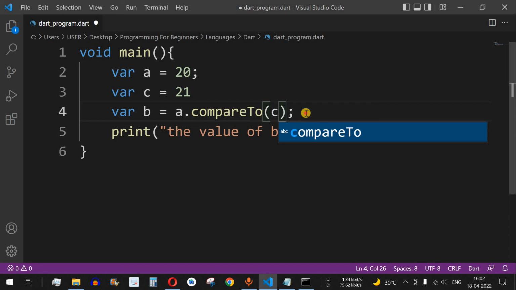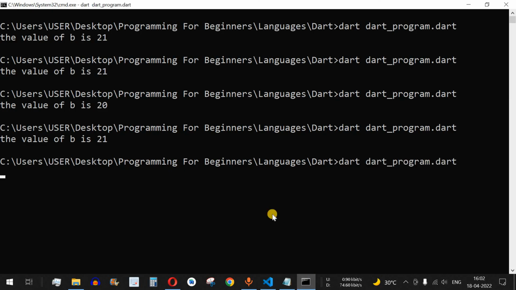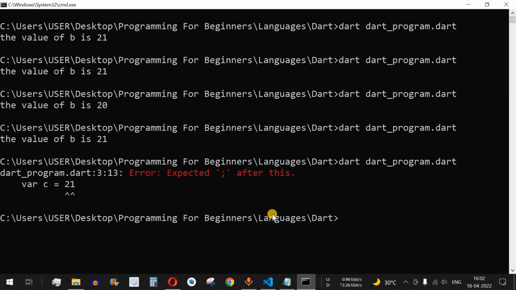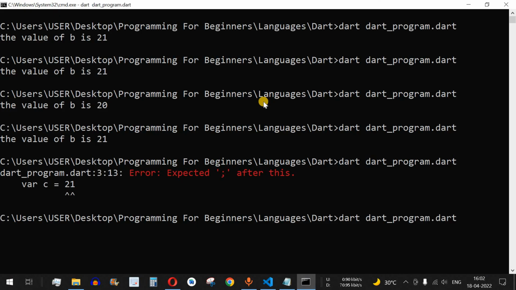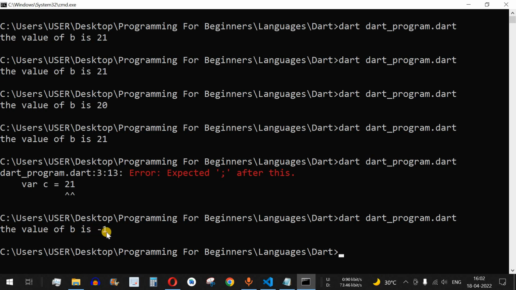So I will provide the value of c, and then we'll store it in a variable b. So let's save this file and try running this code. We have missed a semicolon over here. So let's save this file and run this code. So as you can see, the value of b is -1.